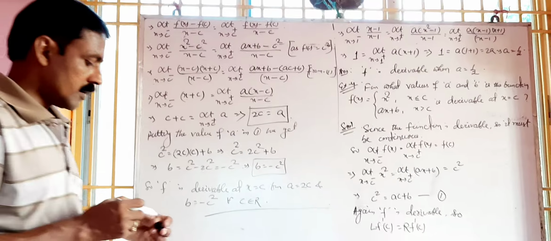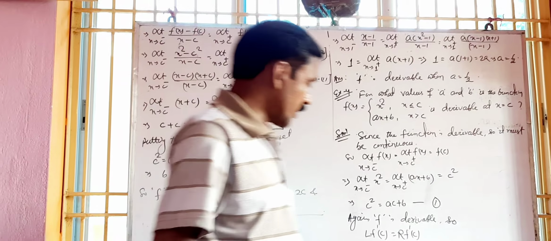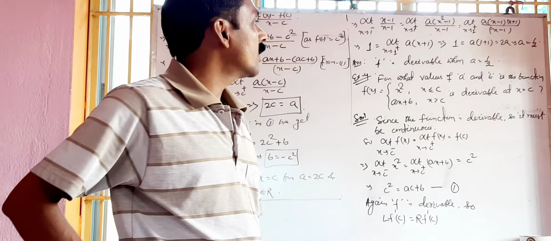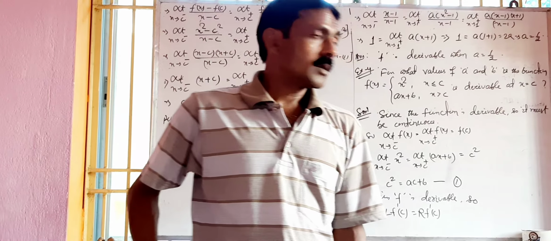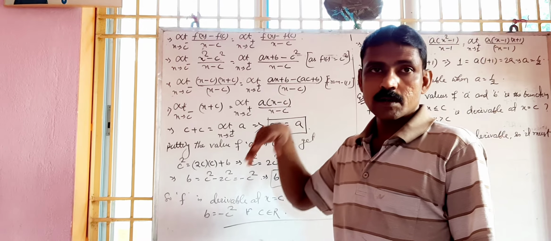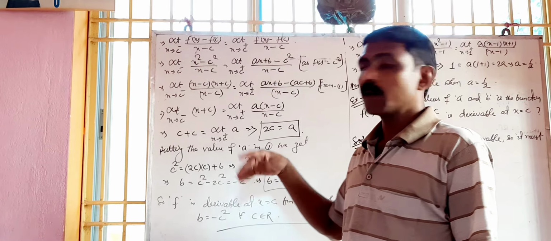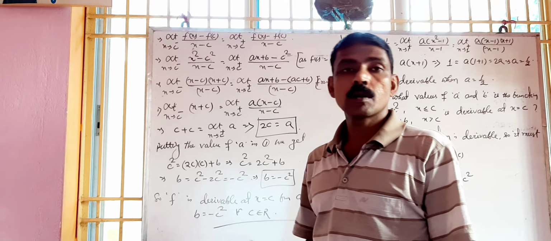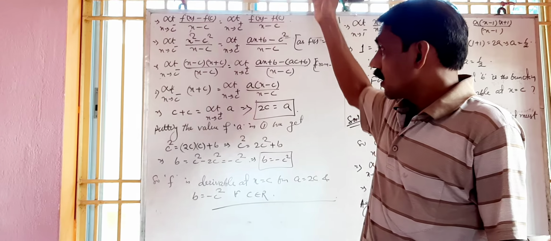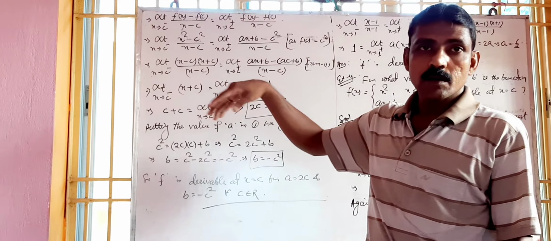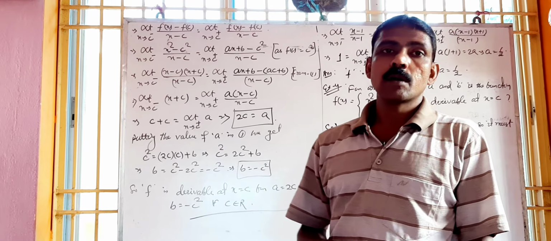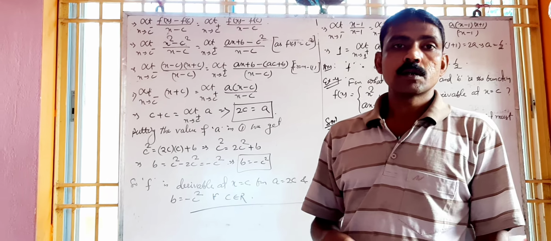Okay, so this is the solution. These are a few examples based on continuity and differentiability. So students, please go through this video and recall how to find the derivative of a function. In class 11 I told you that here in class 12 all the functions are based on the chain rule. So along with the video, try to recall the chain rule also. From next class we will discuss the derivative of composite functions using the chain rule. Clear?